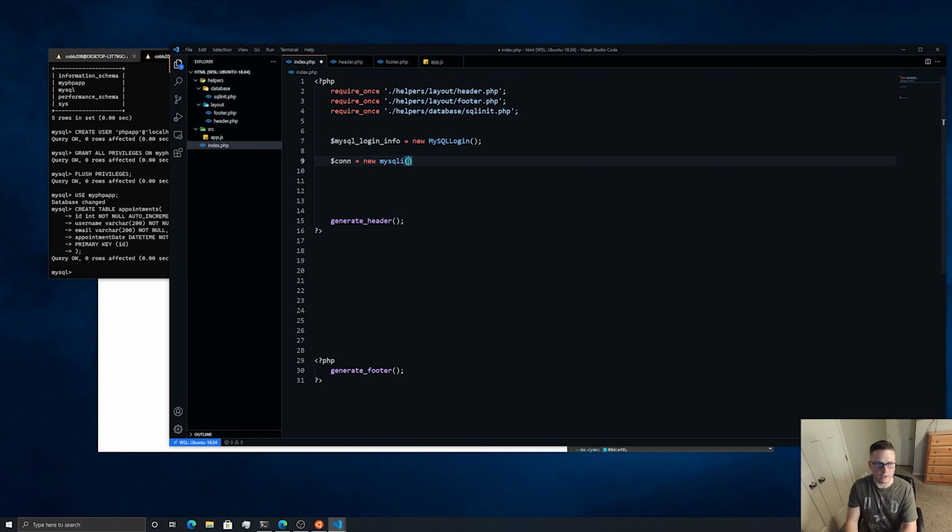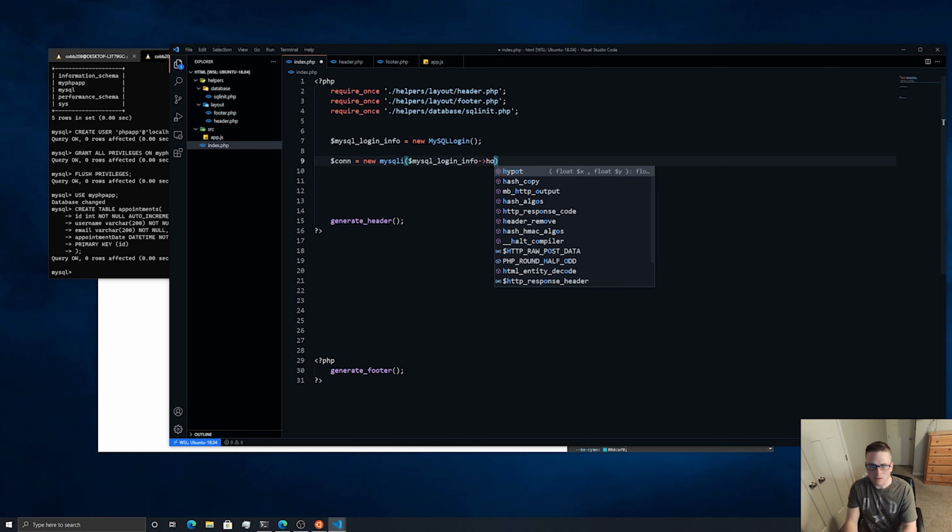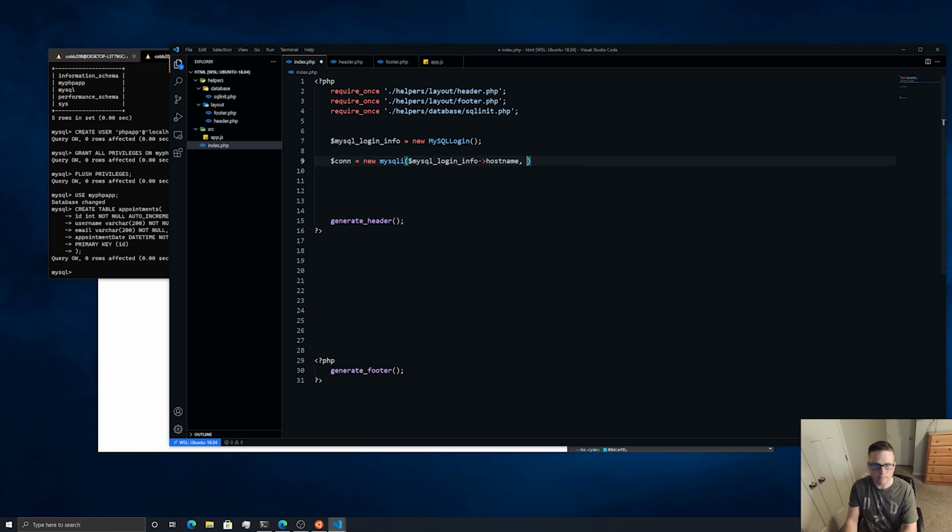So we're going to create a connection with a new MySQLi. Then we will run MySQL login, get the host name, then MySQL login username. And if you're curious where all this is coming from, if you hover over it, it actually doesn't have